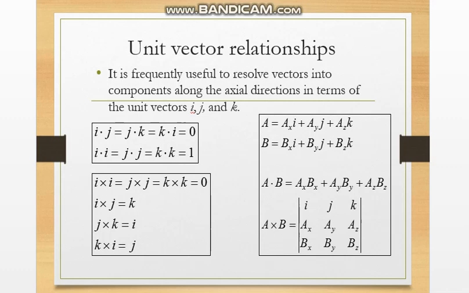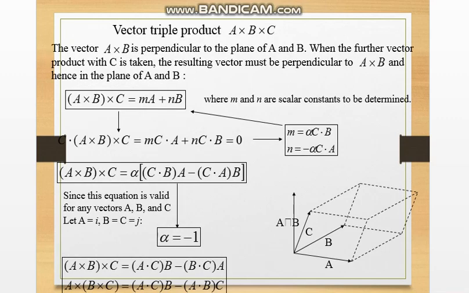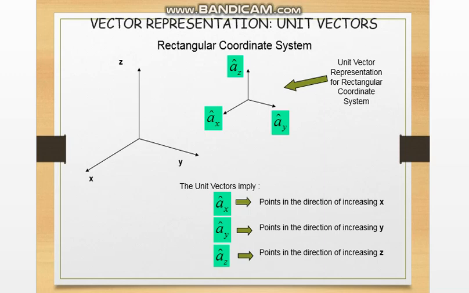Some unit vector relationships that I have told you before: i, j, k, it will be 0 if it is a dot product of different unit vectors. If the same one, i with i or j with j, is dot product, that will produce 1. So these things are quite common, that I have told you before. You can take the lessons from the slides too to solve the mathematics. Now there is a scalar triple product, okay. So that is a vector triple product. That's an important part.